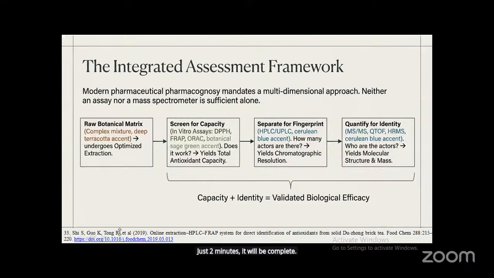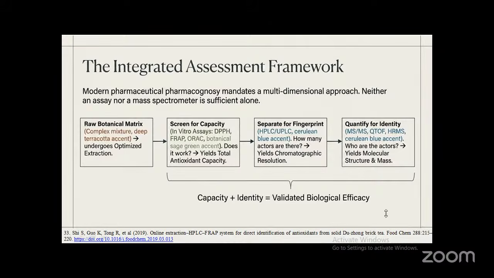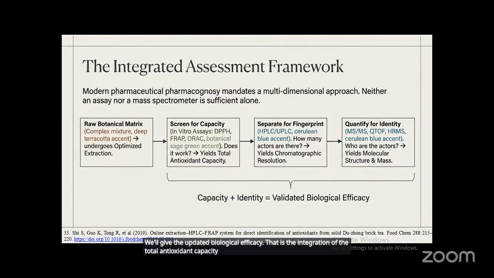Okay. So thereby the components will be separated out, and using the MS technique, either the mass analyzer or HRMS, we can quantify the molecules. Their capacity plus identity will give the validated biological efficacy. That is the integration of the total antioxidant capacity with the respective chromatographic technique, useful in present days for carrying